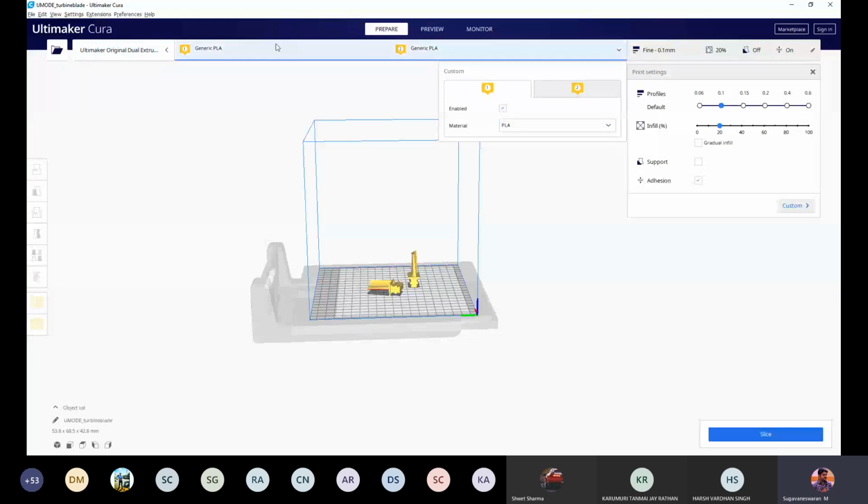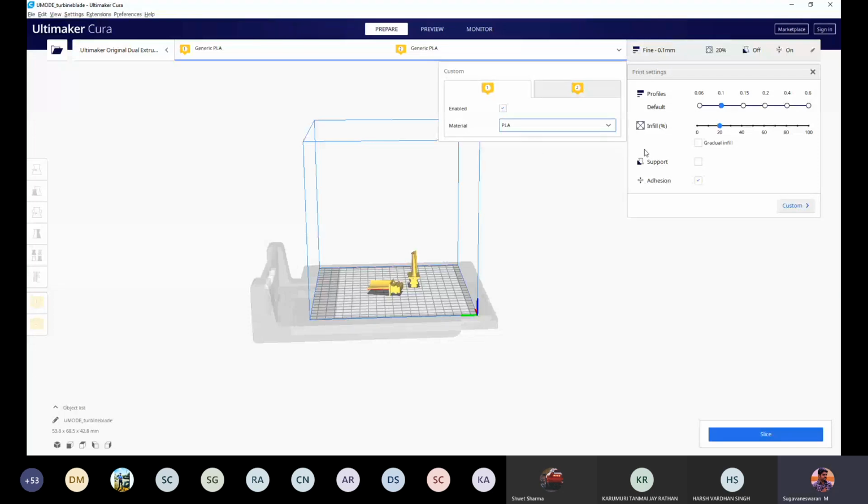Second step, based on the machine, all other parameters will be displayed in your software. So make sure that you select the appropriate machine, the machine you want to work on, in the initial step itself, right? In the second step, you go to the material part. You can see the downward arrow. There are two extruders, because the machine I have selected has two extruders, right? So the first extruder can be used for the part and the second extruder can be used for support. So within the first extruder, I have taken